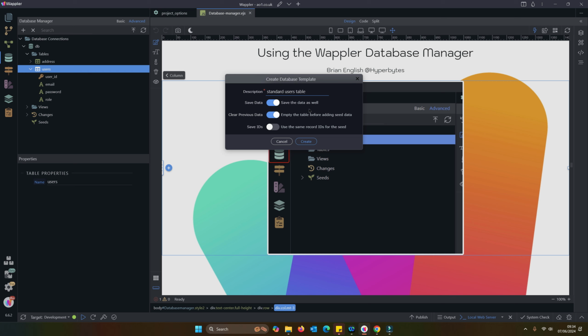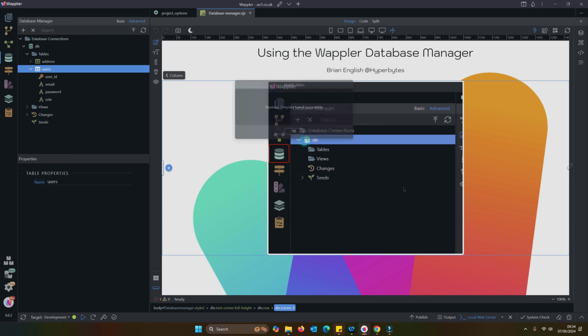With the save data option, you can clear, if there's already a table in there with the same name, you can choose to clear the existing table before adding this. And you can also even force it to use the same record ID. So if for any reason you hard-coded a record ID, not a good idea, but sometimes it has to be done, then you have the choice to replicate those IDs as well. And then we just click create.